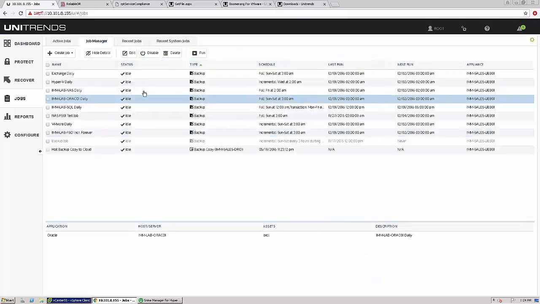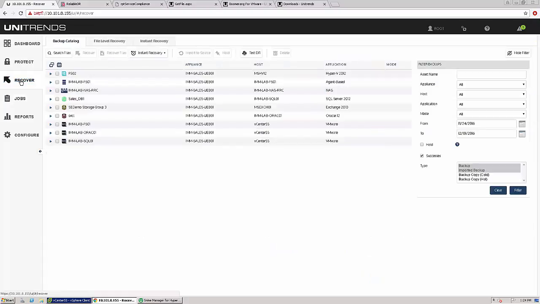And if I want to recover it, I can come here to the Recover tab. So if I were to import a backup copy to cold target, such as a hard drive, a NAS, or tape, I would plug it in and I would import that backup copy. If I want to recover data that's been replicated, I come over here, I select backup copy to hot target,